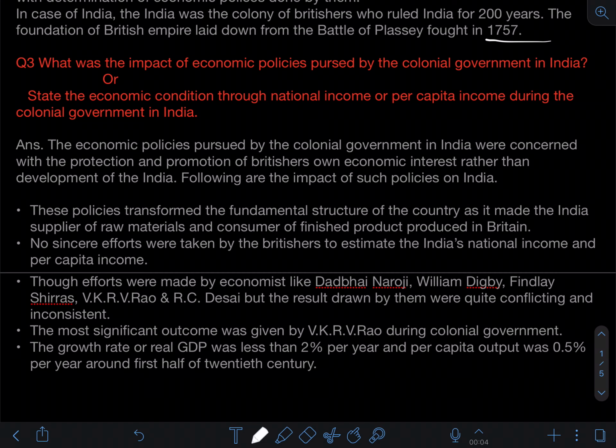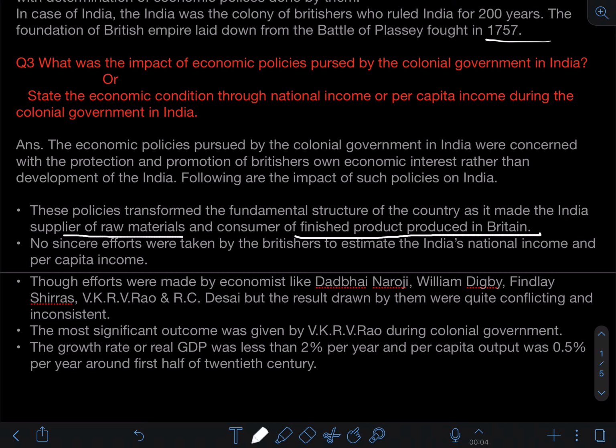If you export your raw material to some other country, automatically you will be left with nothing to produce within your own country, right? So during the British or colonial rule, they were very clear that not a single raw material, or the maximum of the raw material, should be left in India. So they made India the supplier of raw material, and finally they insisted the people of the country buy the products